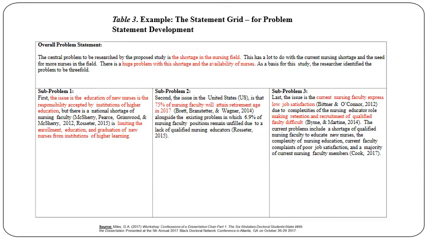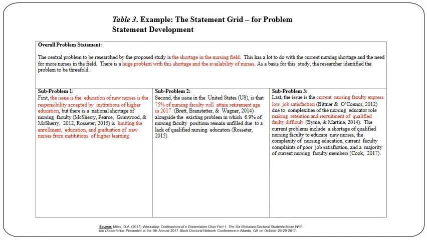This is an example that was given in the same paper. Basically, I've highlighted in red the key aspects of the problem. In this problem, it is called the shortage in the nursing field. There's a huge problem with the shortage and availability of nurses. This researcher has found that in the nursing field, there are not many nurses, and this is a problem for